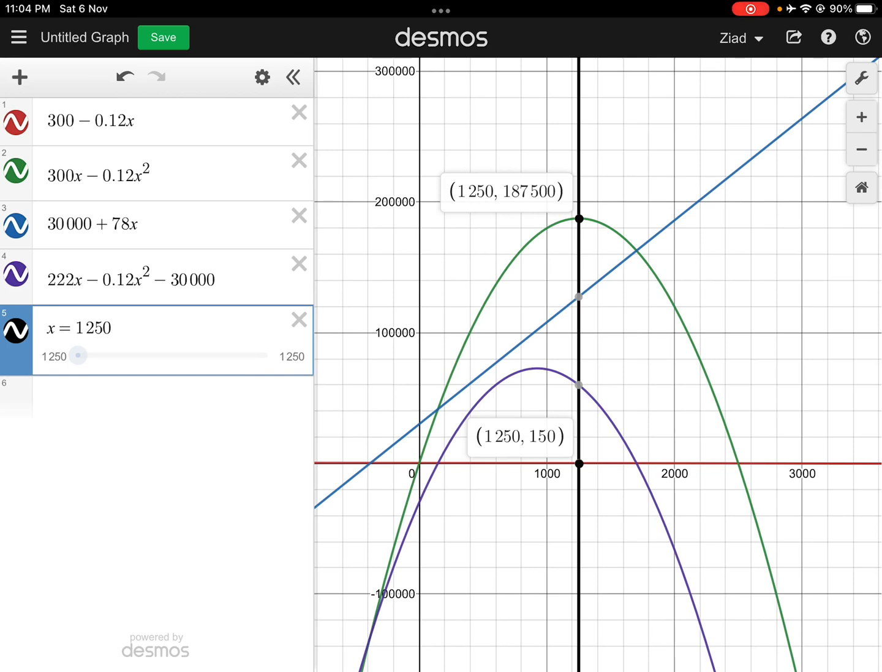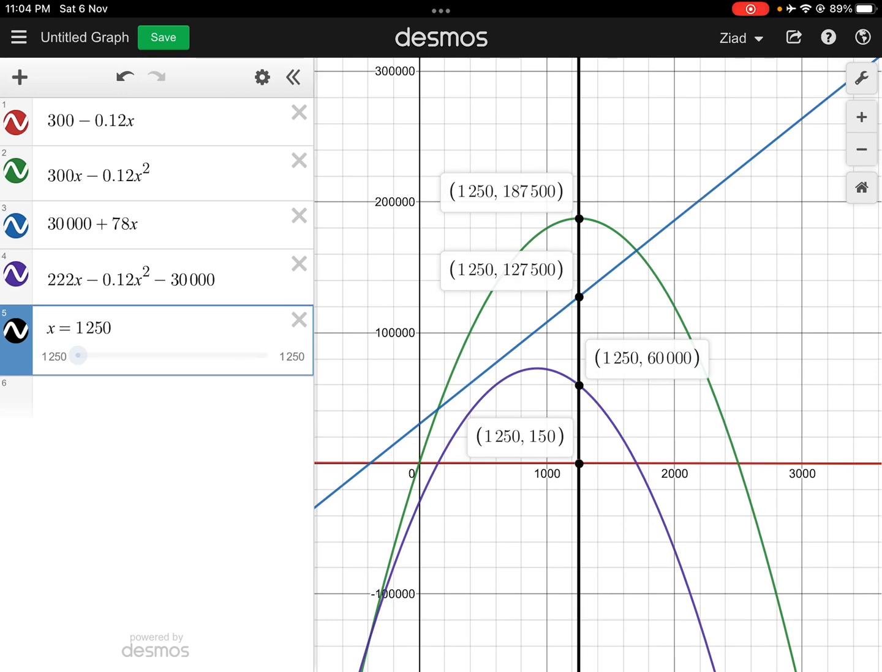Total revenue 187,500. And if they ask about cost and profit, you can also get what they are when the revenue is maximum. So when I have maximum revenue, I can answer it like this. The maximum revenue occurs when the production is 1,250 smartwatches, that's the number of watches produced. And in this case, you start reading the graph: the maximum revenue is the green graph, and it's